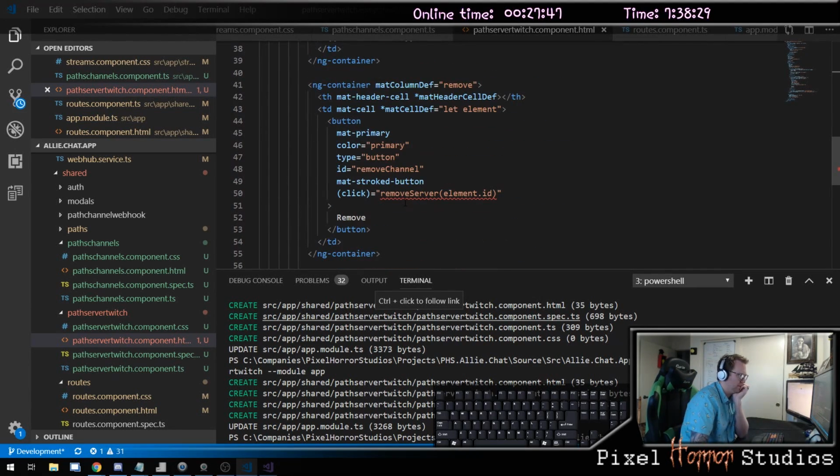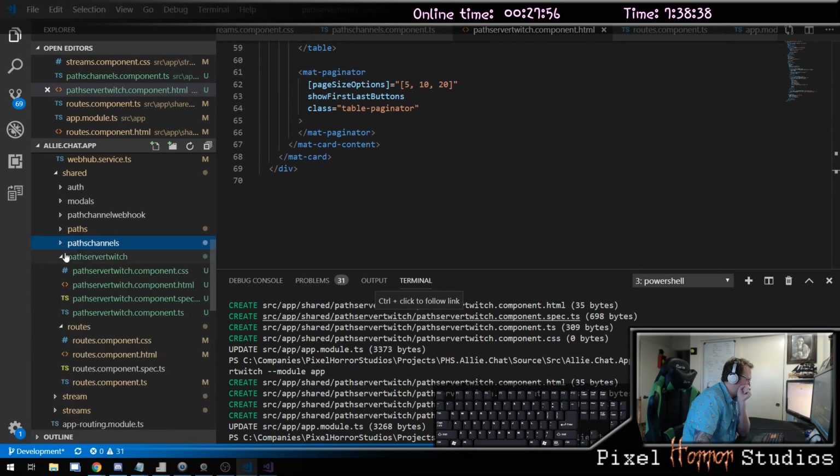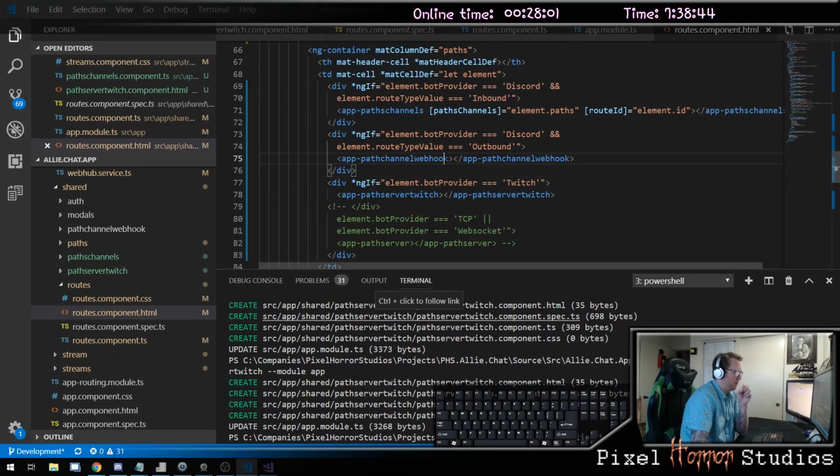Looks good. And this is remove path server. Like that. And now if I look in routes where this is happening,